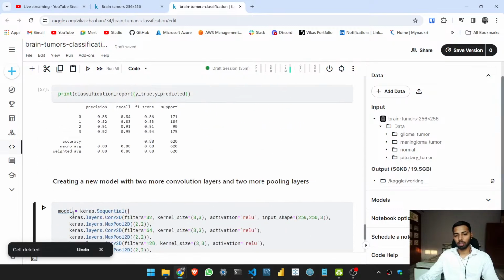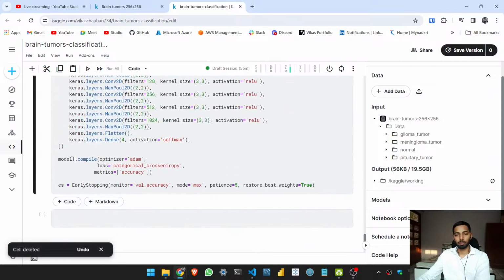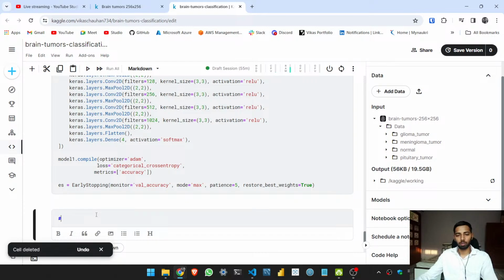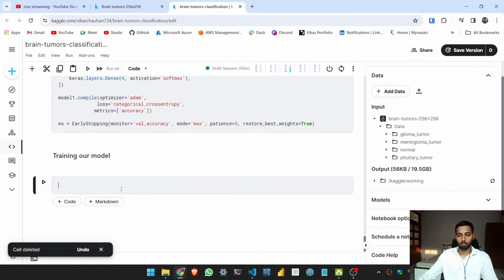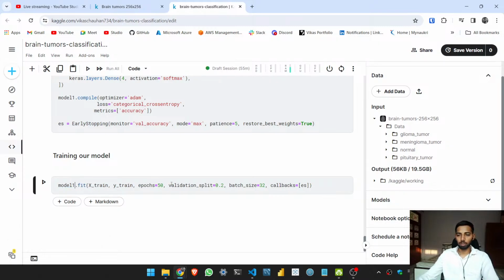I'm really sorry, forgot. We have to fit our model 1. Let's start fitting our model 1,